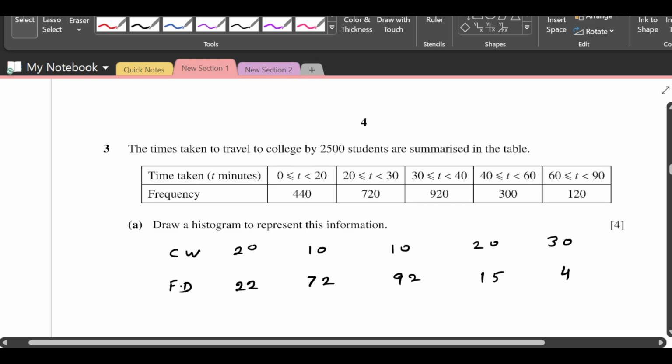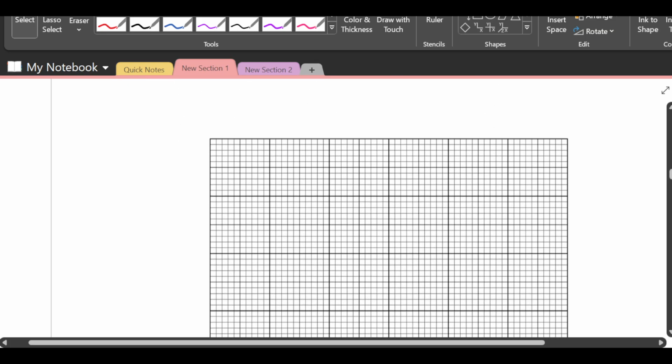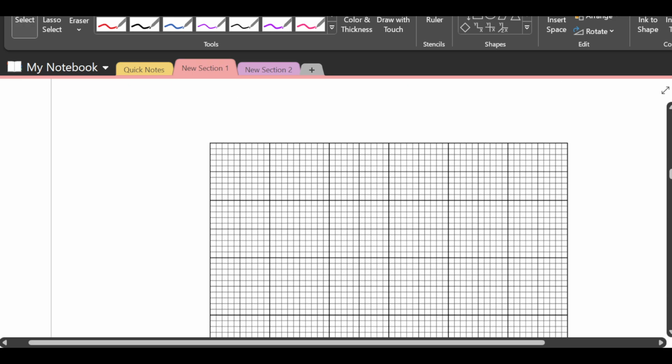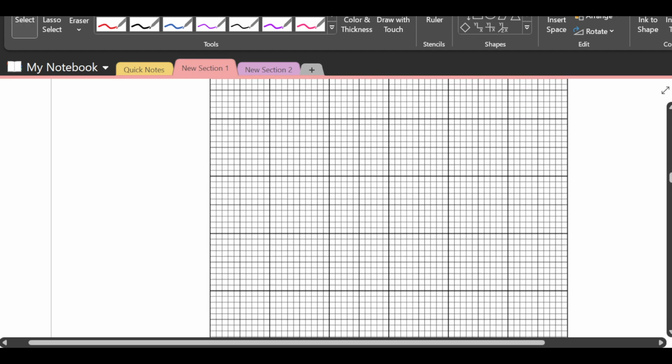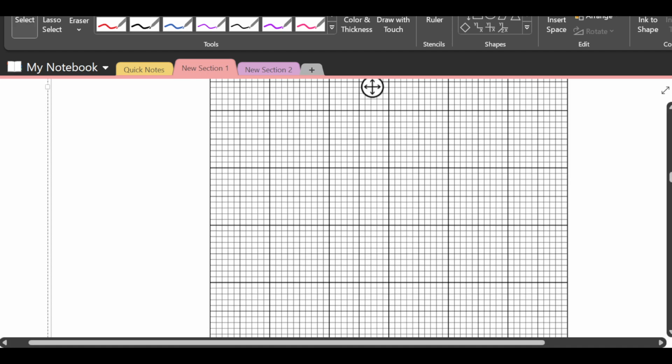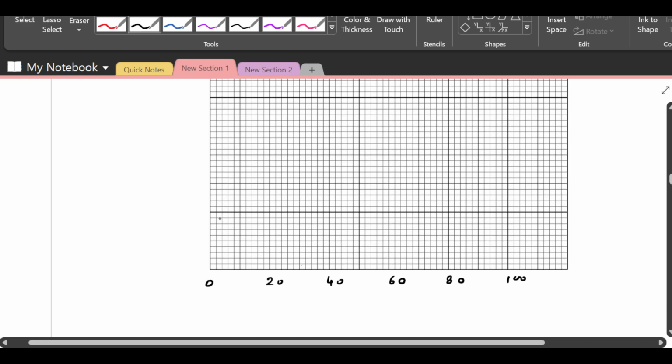If you see, it is up to 90. Okay. Now frequency density, the maximum density is 92. So along this, we can divide this as, we can start with 10. So we say this is 10,